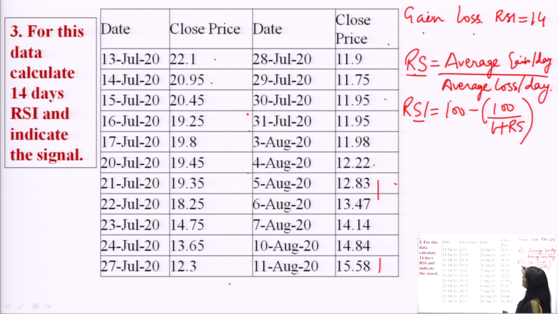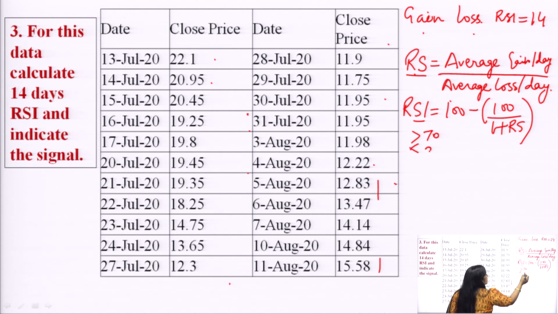So, this is how the RSI value would be calculated. If this RSI value is greater than 70, we will say we should sell it. If it is less than 30, we should buy it. But if we see in this numerical, the RSI value can never cross 70, since there are very small changes. So, my values would be very small, and it will give me a value which is less than 30. So, this is indicating that this particular stock should be bought if I calculate all these values by using the formula. So, this is how one can solve this numerical.